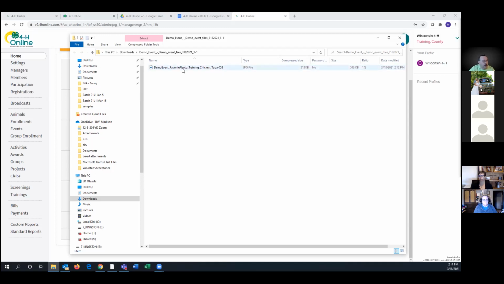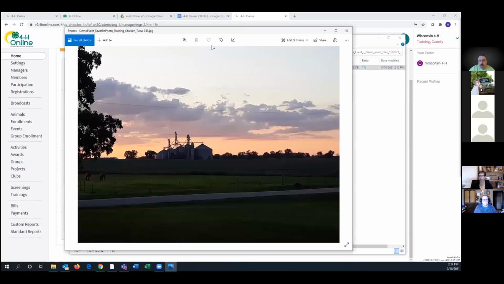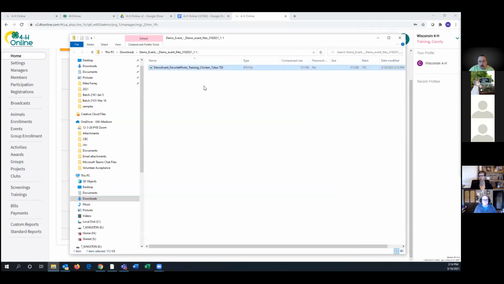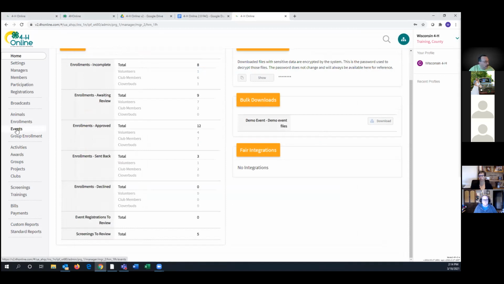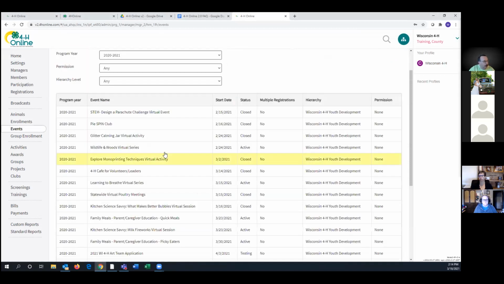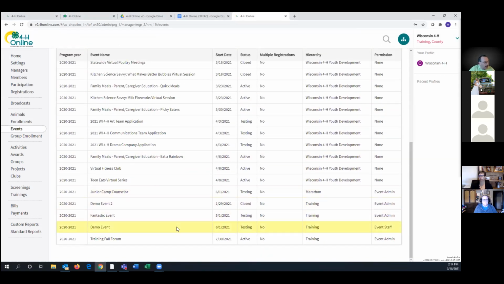So here is a download, and we can actually just open it up. And it's opening up on my other screen. There's the photo that was uploaded. So you would see all of them in this zip file that we downloaded. There were a few clicks to get to it, but all the photos are in there. I only had one file uploaded.